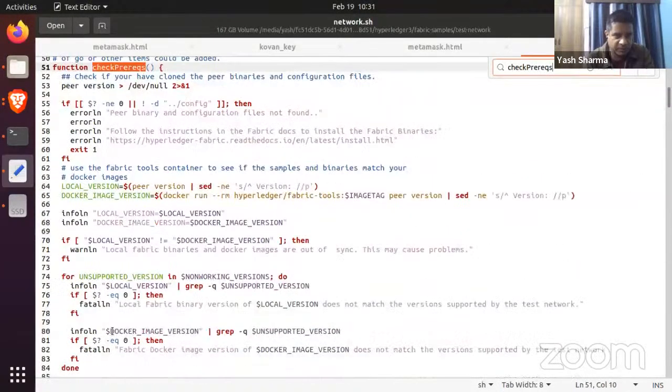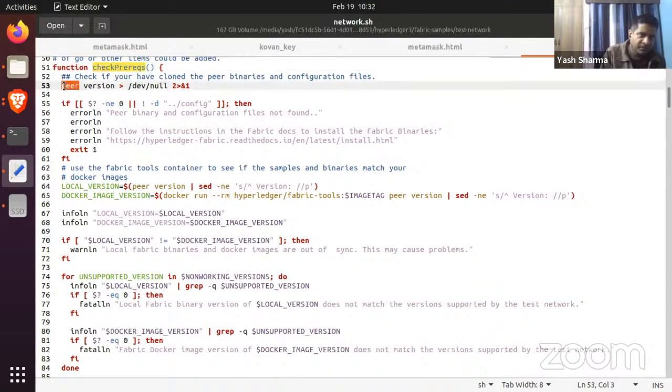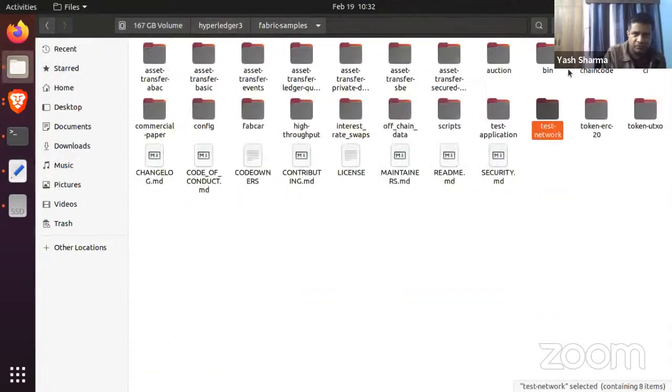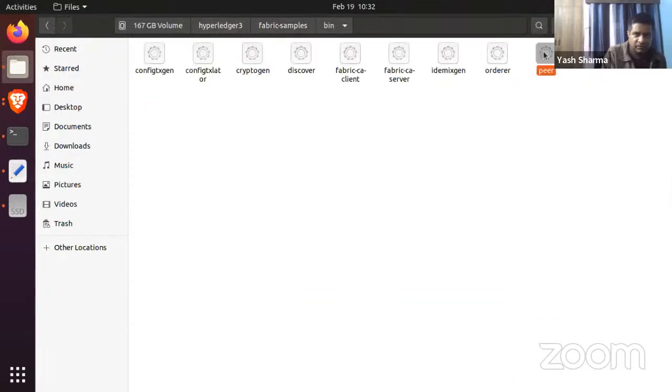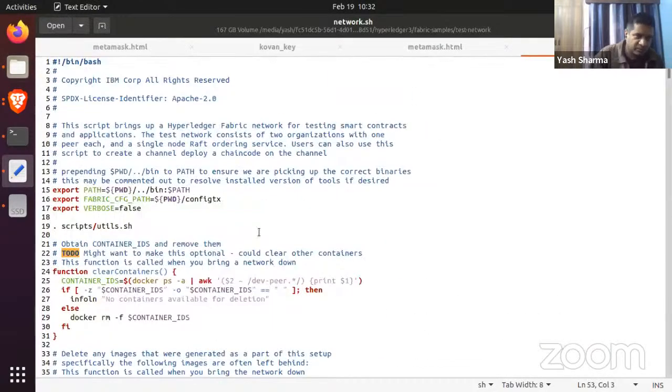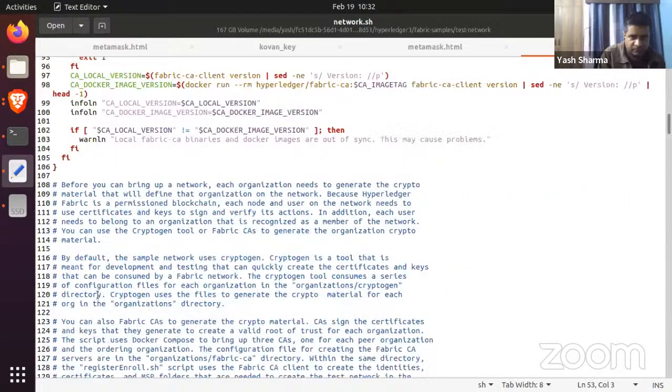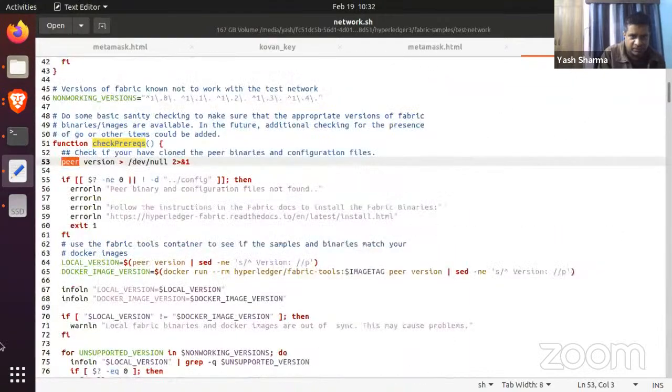Inside this check prerequisites is just checking whether you have all the binaries installed, and there are a lot of tools that you'll run as a part of this script execution. It just checks whether you have all of them available or not. For example, peer. So it will check whether you have peer on your class path. Peer is installed inside this bin directory, this peer executable. So this script basically does all the checks and then it executes your Docker compose. So once all the checks are done,